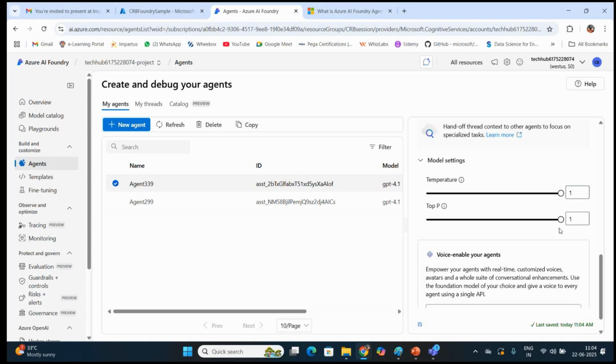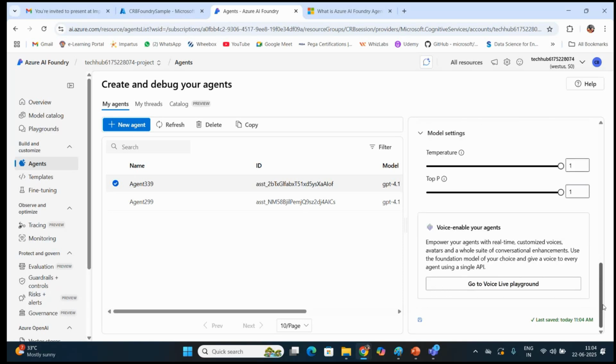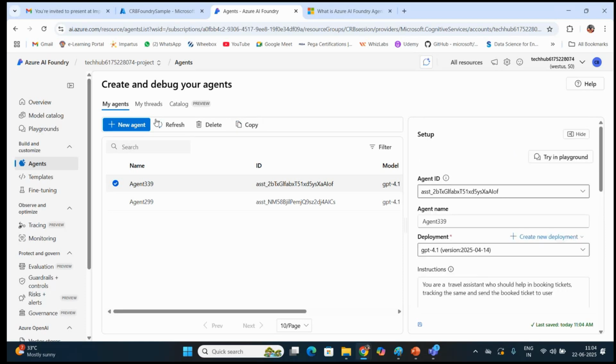Those kinds of scenarios can be added. And if you want to connect your voice agent, you can go ahead and connect that as well. So yeah, this is all about what we can have.